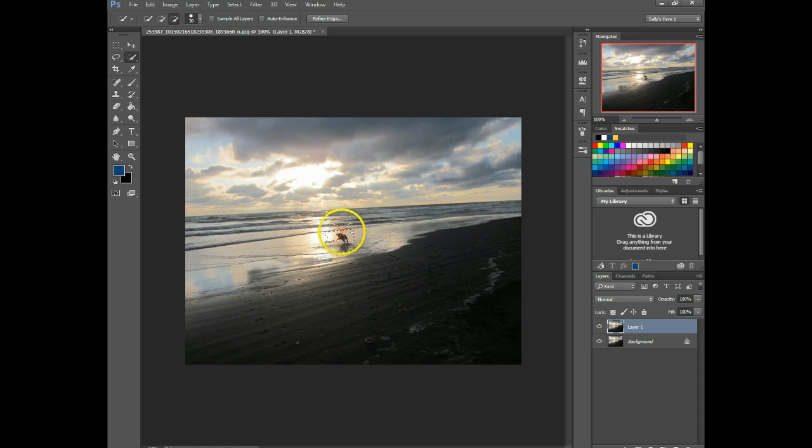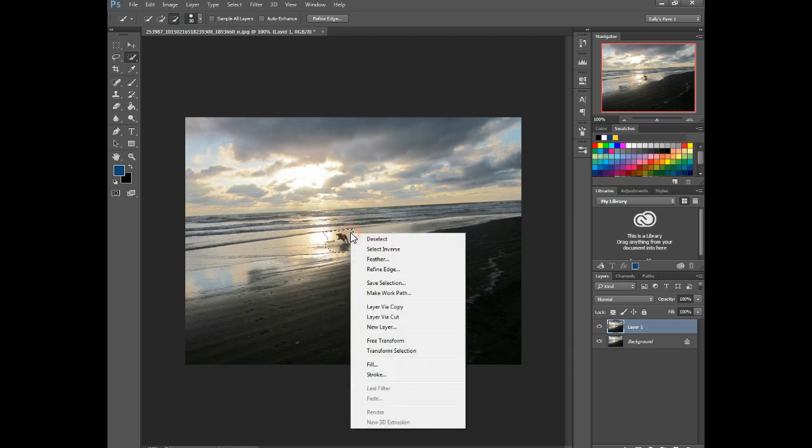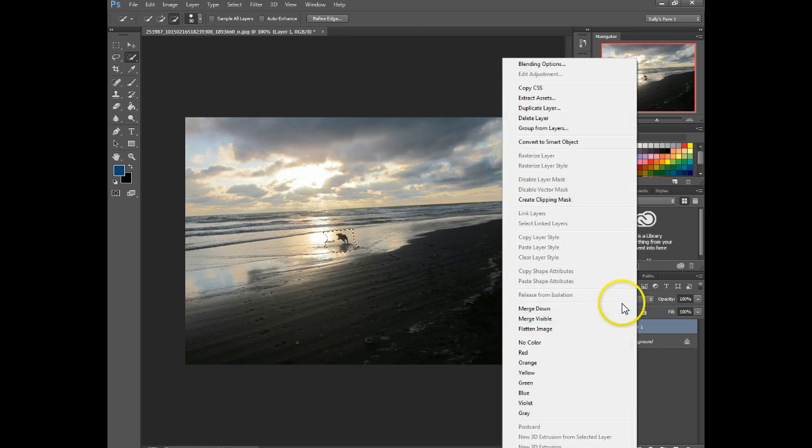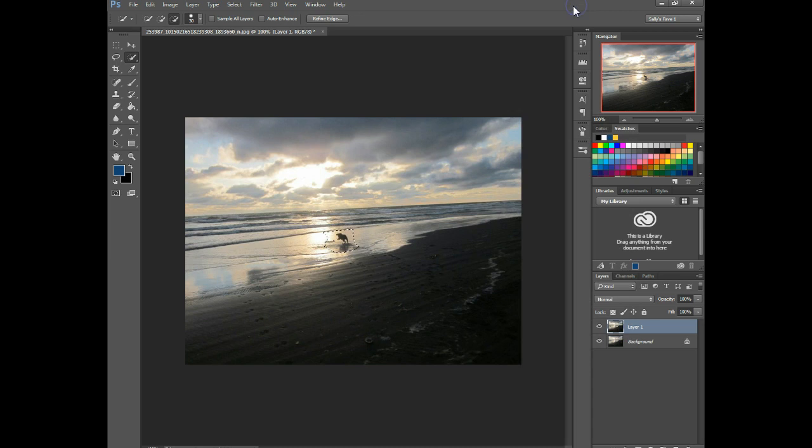So I've got my area selected, and this is a photo, so I can easily do this. Just right click on it and go down to fill. If that's not an option for you, you might need to rasterize your layer. You can just right click and click on rasterize layer. Mine already is a raster layer. Yours might be a smart object or something, so it may not work. If you're having that problem, that's probably what it is.